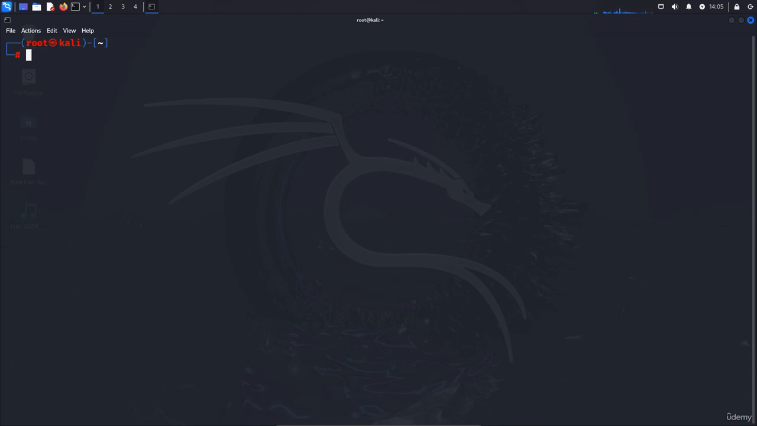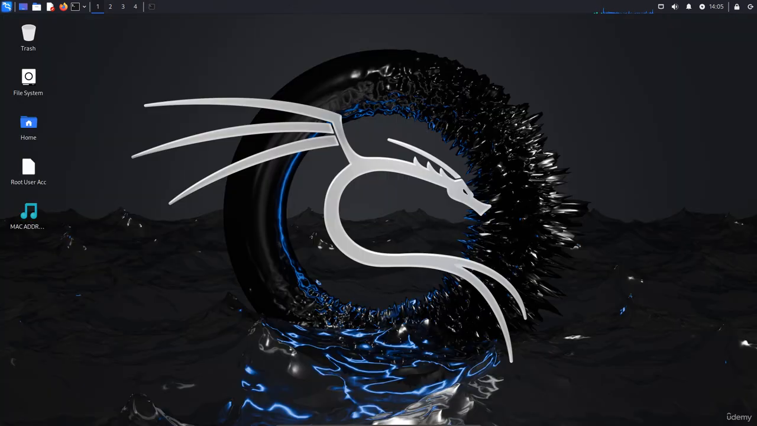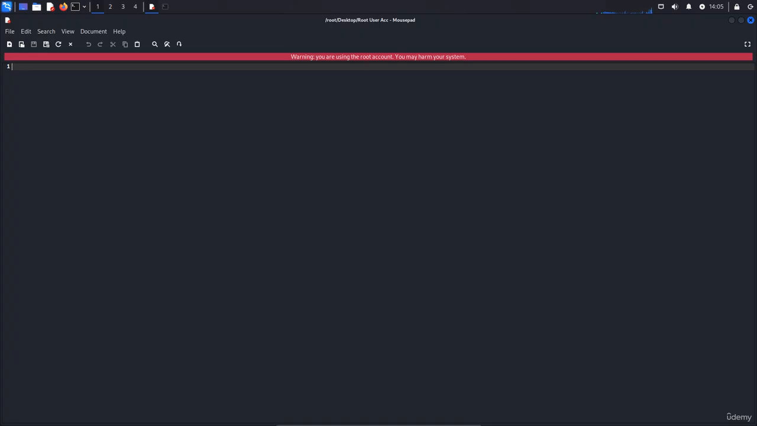So you can just type sudo su, and you can just create a new root account. So I'll just show you how to create a root account. Just type sudo su and hit enter. You'll be prompted for a password, and you just need to type your guest account's password, and after that you will just type